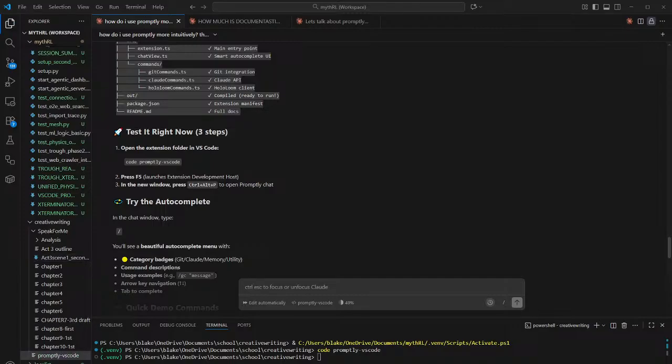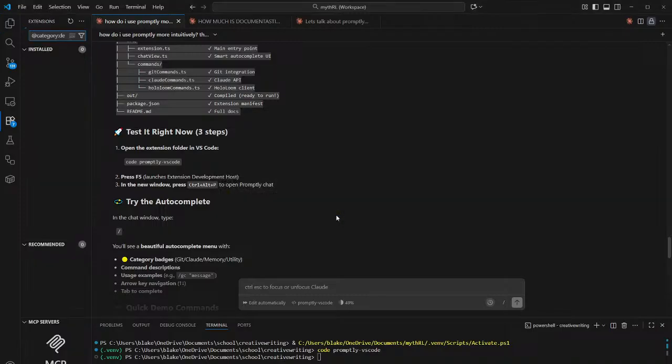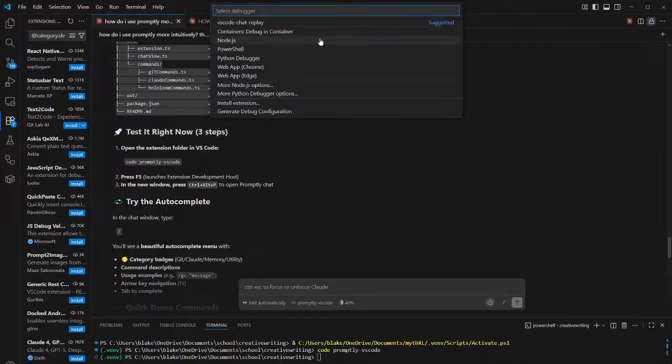Find the extension for debugging plain text. Maybe that was the wrong button. F5 launches extension host development. There you are. VS Code chat replay. That's it, right?